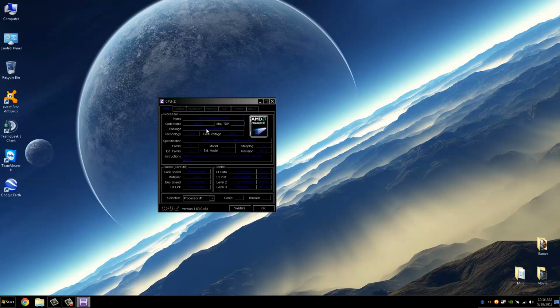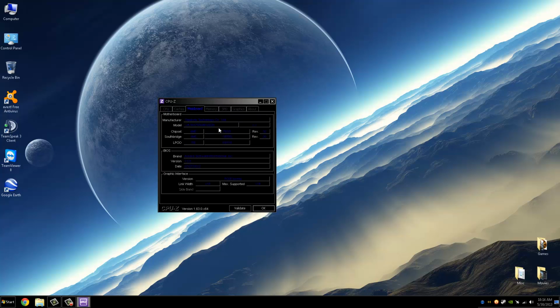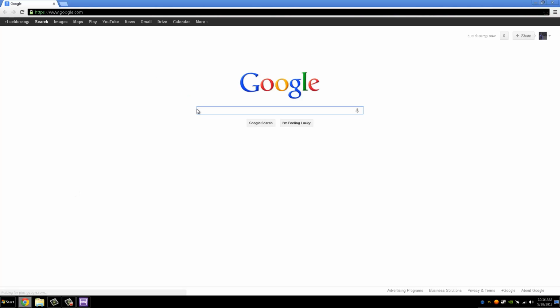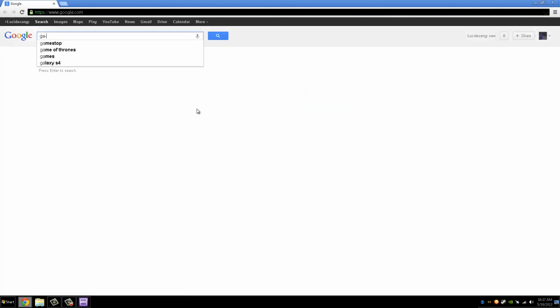My socket type is AM3, but with this program, mine was actually AM2 plus and also AM3, so it doesn't show as AM2 plus here. I'm going to go over how to get more specific in the details, but this tells you the speed, the clocks, everything it's running. But if you go to the main board, you should have a model here, your motherboard's model, and you can get the specifics of the socket type and such by typing that in Google